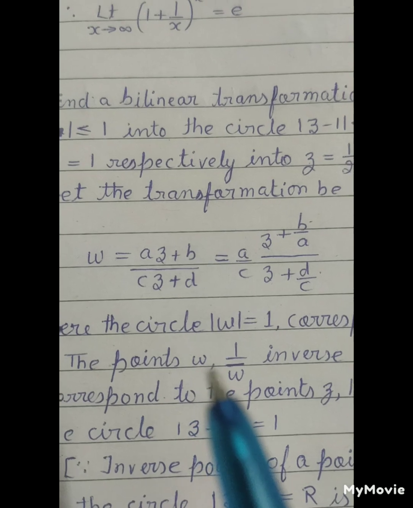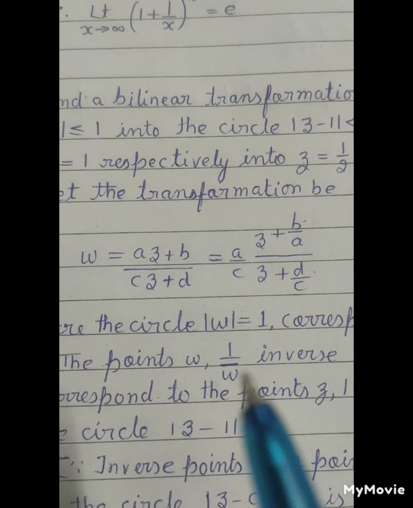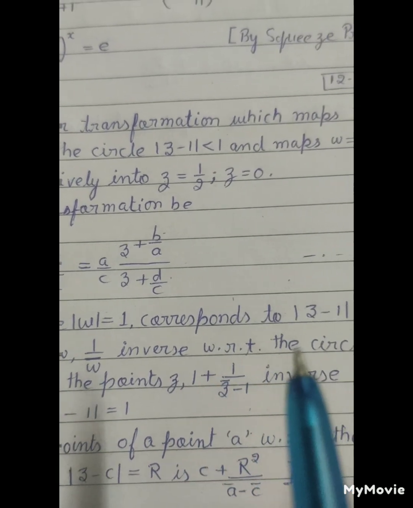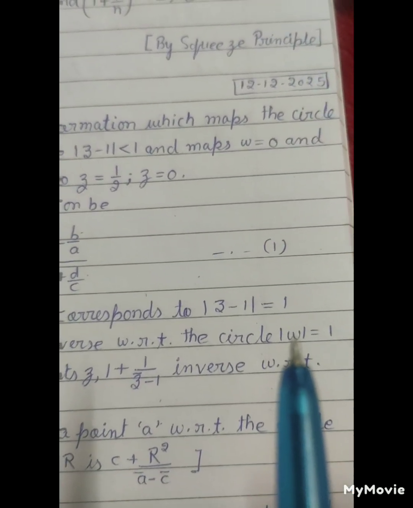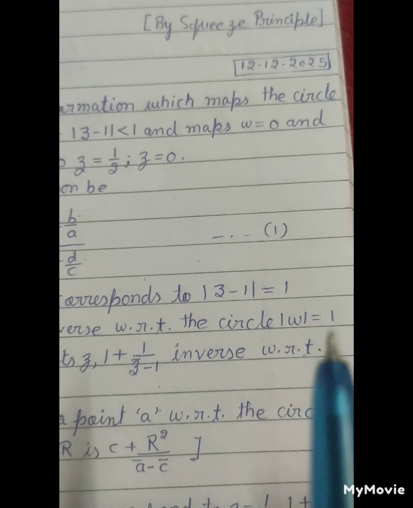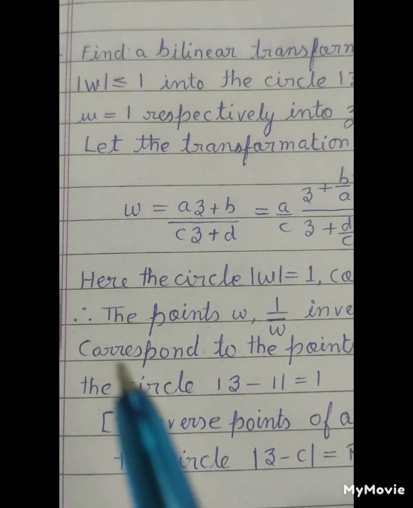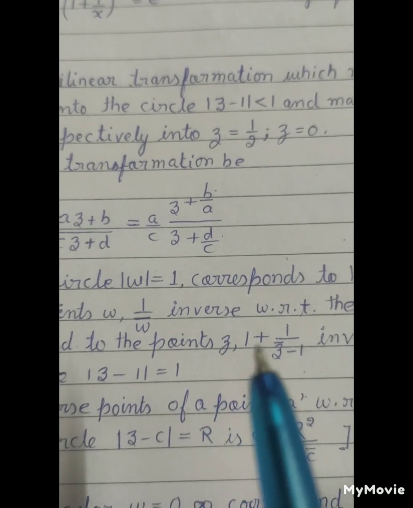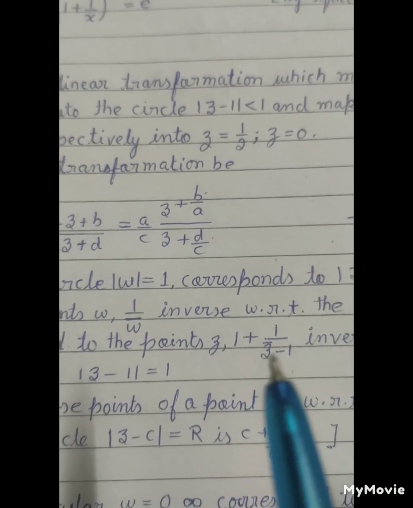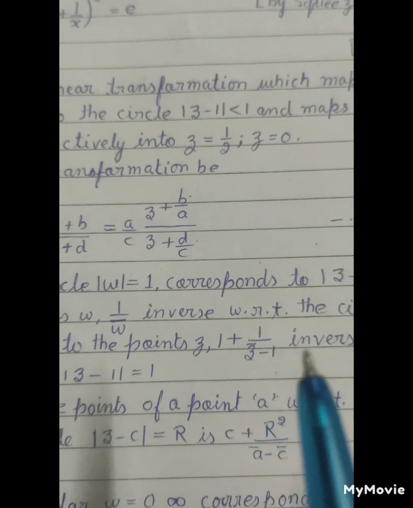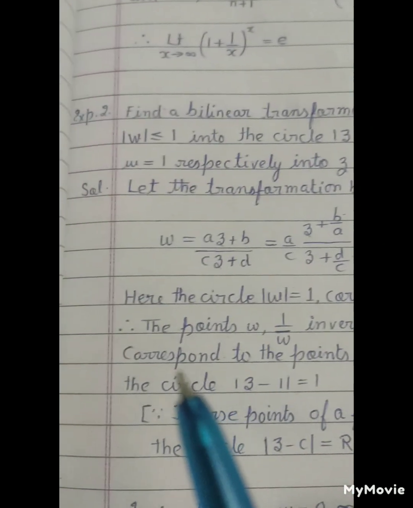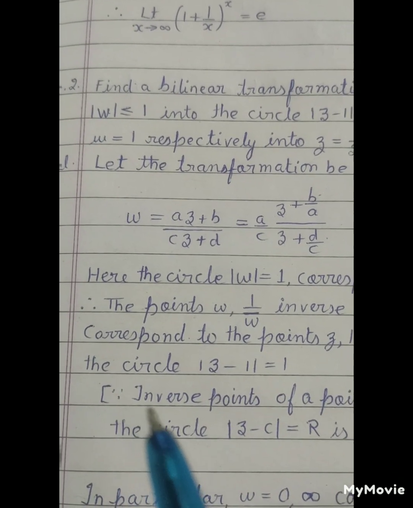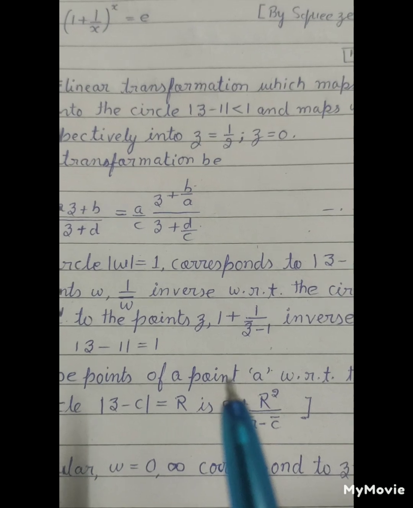So the points w and 1 upon w bar, inverse with respect to the circle modulus w equals 1, correspond to the points z1 and 1 plus 1 upon z bar minus 1, inverse with respect to the circle modulus z minus 1 equals 1, because the inverse point of